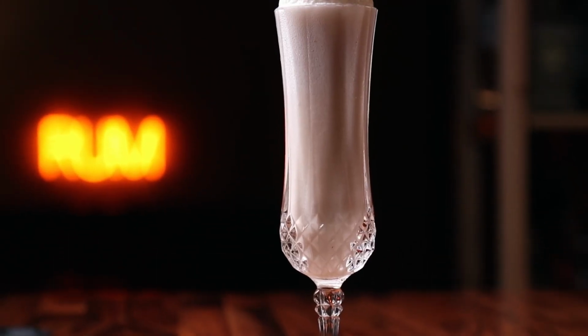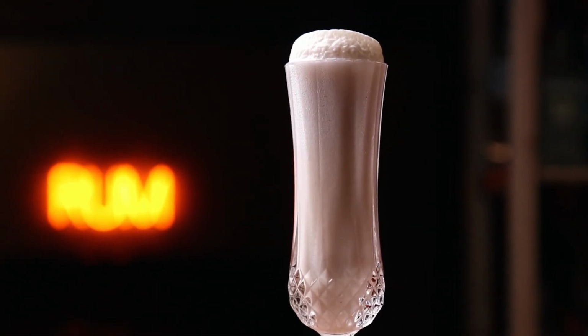Today I am going to show you a fun celebratory cocktail to ring in the new year. It's an original I am calling the White Stallion. It's a very dramatic name, but once I explain to you how I came up with this drink, it will